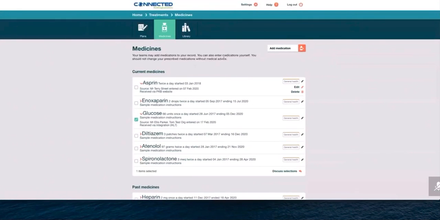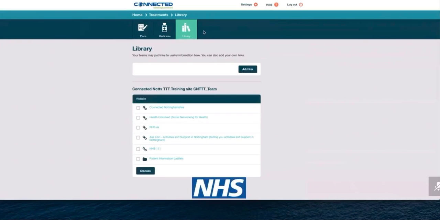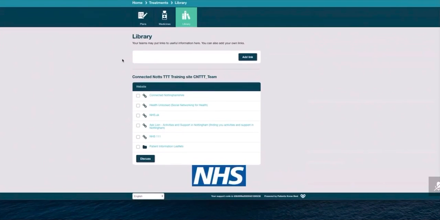Excuse me. And then just moving into the library tab. So you as a practice would have coordinators, but Rebecca Wilkinson is going to be a central coordinator for all practices rolling out PKB. So she'll go in and add some set standard library links, but you as a practice can update the library